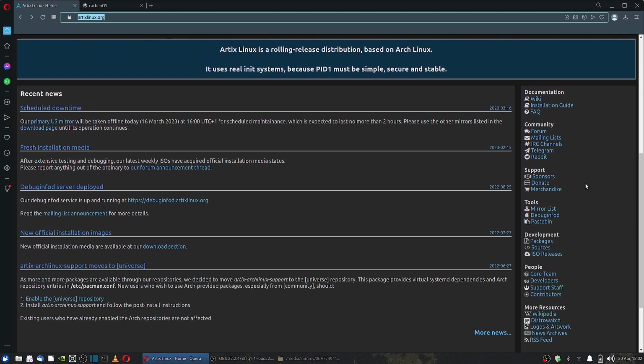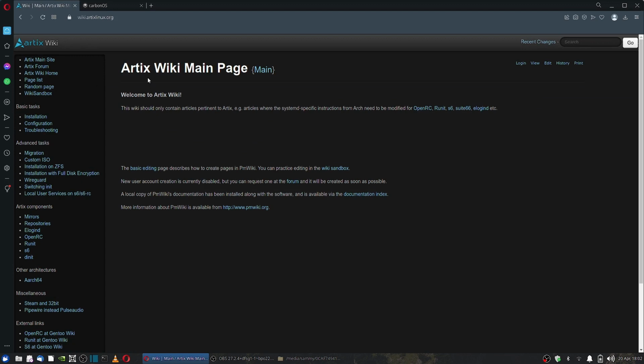Now on the right side, you have got the documentation page where the wiki is there. We will just check out the wiki. So this is the Artix wiki page. You can check it out for yourself. There are links to the Artix main site, Artix forum, Artix wiki home, page list, random page, wiki sandbox. There is information regarding installation, configuration, and troubleshooting of Artix Linux. Then further, there are advanced tasks to be done in Artix. Those are covered, like migration, custom ISOs, installation of ZFS, installation with full disk encryption,